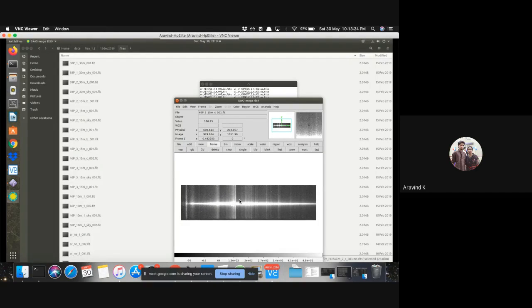Suppose you have a very bright star. In this case I will not be able to show, but if I do Z scale, the exposure on your entire CCD will be seen, very bright. But if I do min max, then only the pixels where the light is most concentrated, that is the 3 pixel sampling area, will be highlighted.